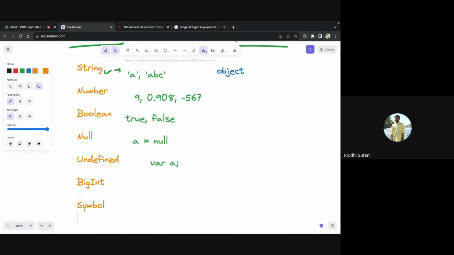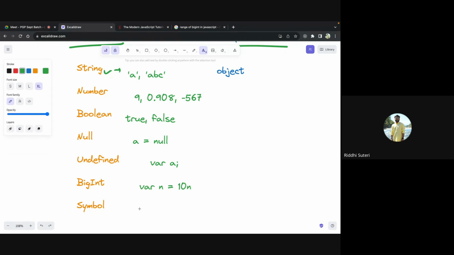This is exactly a BigInt. And how do you represent it? You can say var n equals something like this, n. Although 10 is a very small number, why have we represented it by writing n? The n represents that it is in a BigInt stage, right? And now this can hold a number beyond 2 to the power 53 also. So just in case you want to represent a number in BigInt format, you just have to write a small n in front of it. It will become a BigInt, right? It is for very, very large numbers, which your numbers cannot even handle.